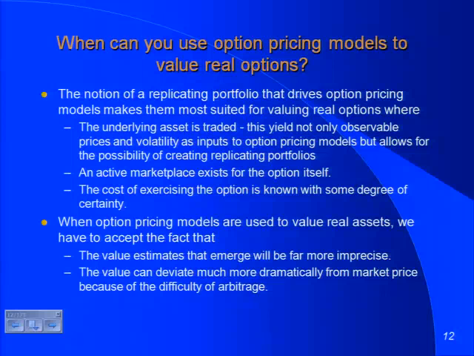What Fischer Black and Myron Scholes said is, hey, this is silly. You have an option. It is a derivative asset. You can create something that looks exactly like the option in terms of cash flows by combining the underlying asset and either borrowing or lending. That's what replication is. You give me a call option, I can create something exactly like that.